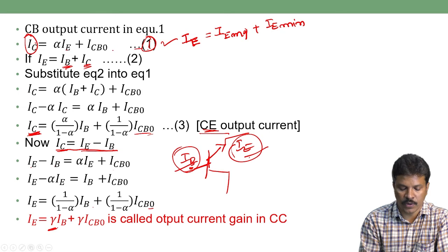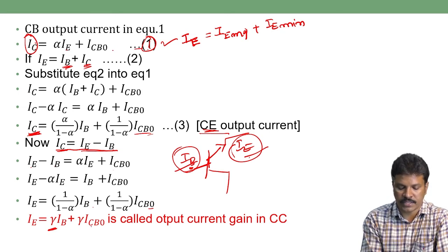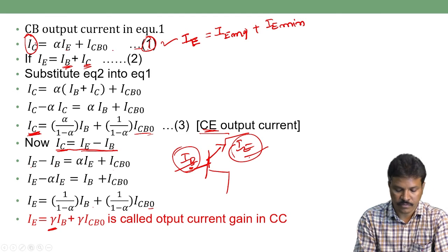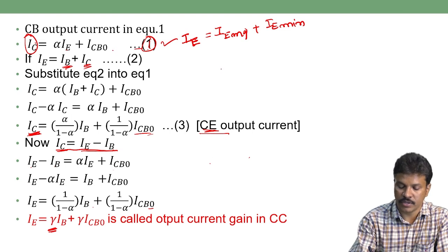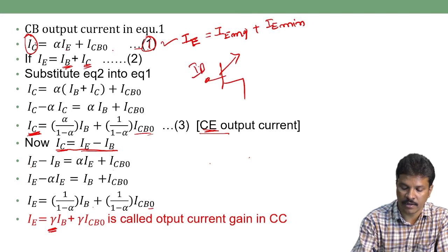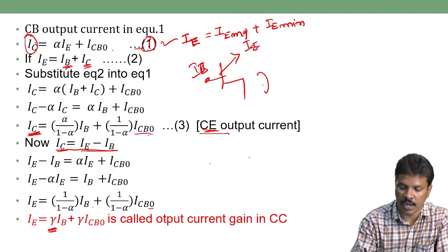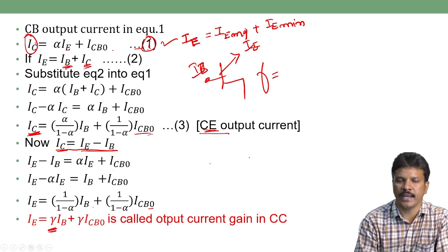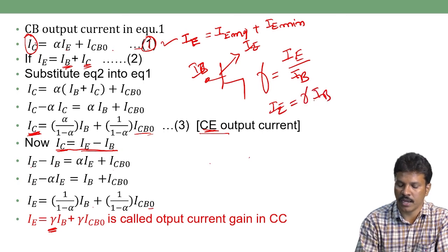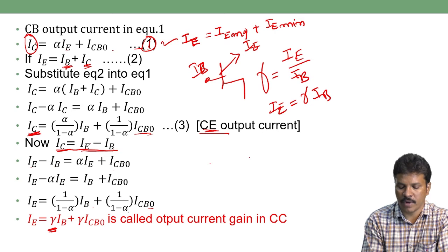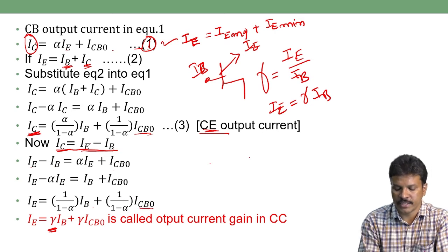So IE is equal to gamma IB plus gamma ICB0, where gamma is the current gain in the common collector configuration, equal to IE divided by IB. The output current IE is gamma times IB plus the minority current, 1 by 1 minus alpha, nothing but gamma times ICB0, where ICB0 is called